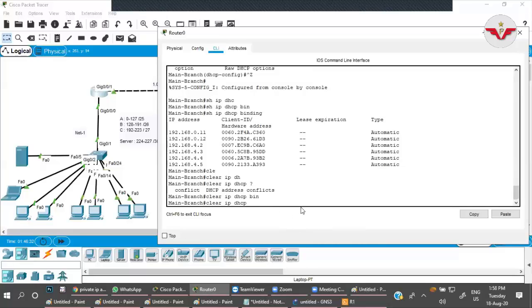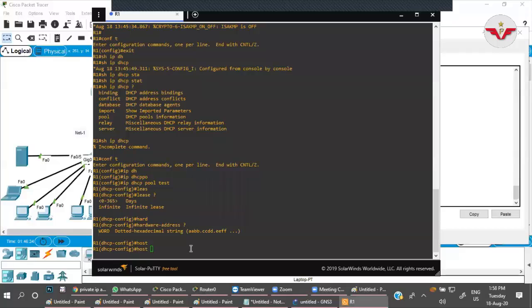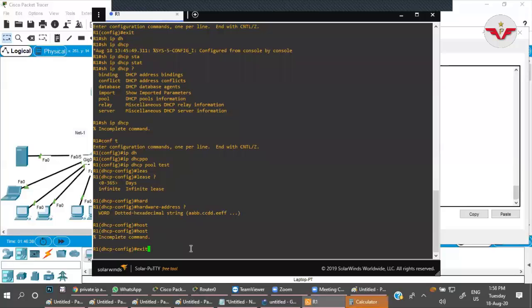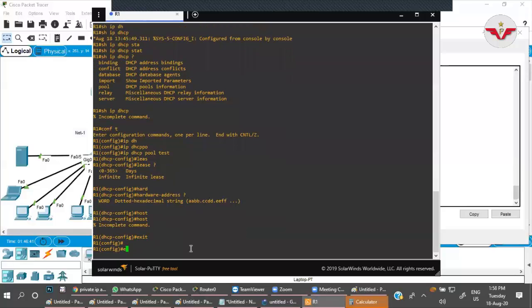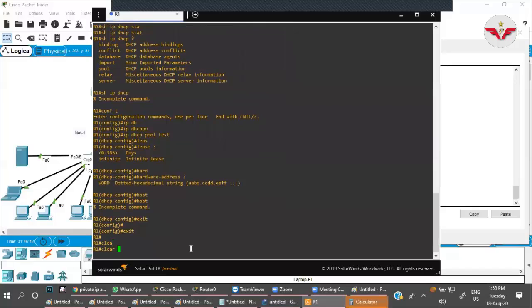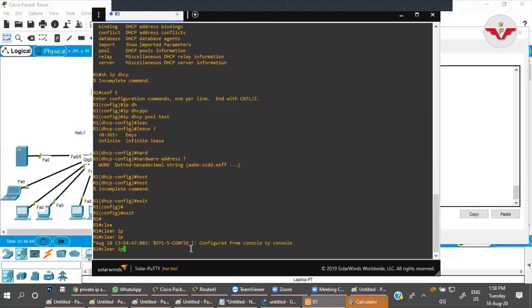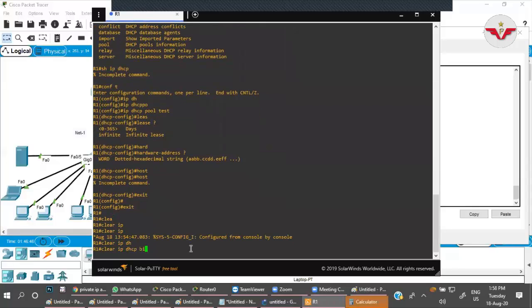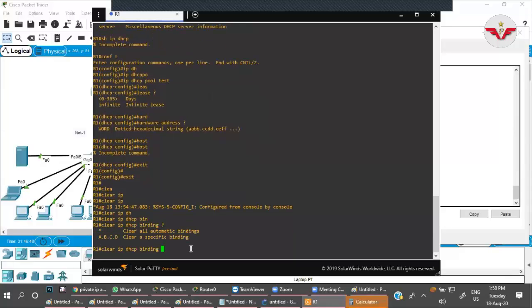That is the problem. Let us check here whether that command is valid or not. Clear IP DHCP binding. Okay, so after binding, if you enter the asterisk sign, it will clear all the automatic bindings.